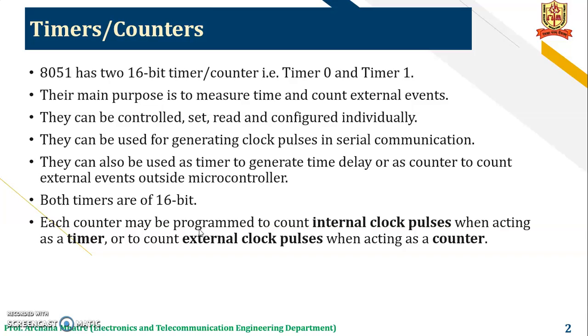8051 has two 16-bit timers or counters, that is Timer 0 and Timer 1. Their main purpose is to measure time and count external events. They can be controlled, set, read and configured individually. They can be used for generating clock pulses in serial communication. They can be used as a timer to generate time delay or as a counter to count the external events